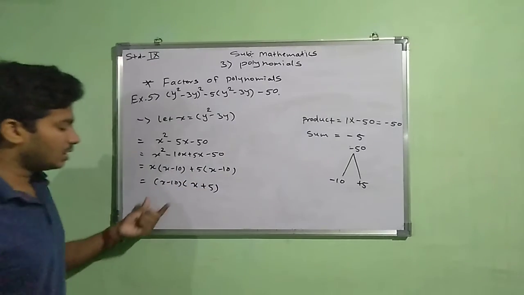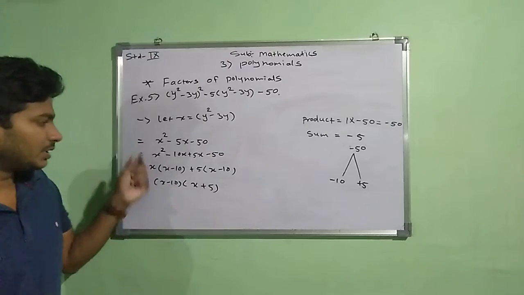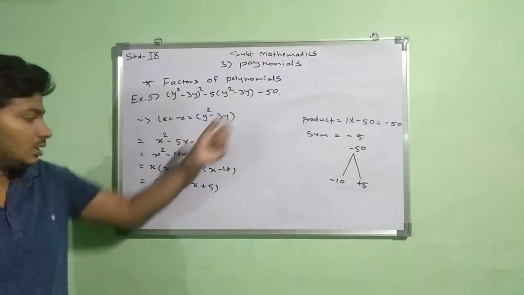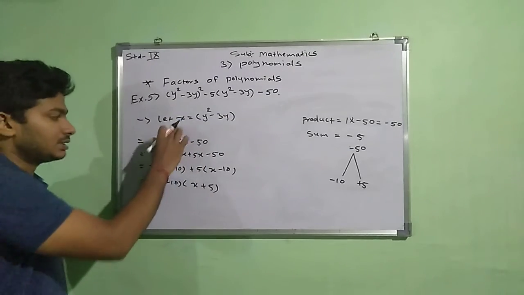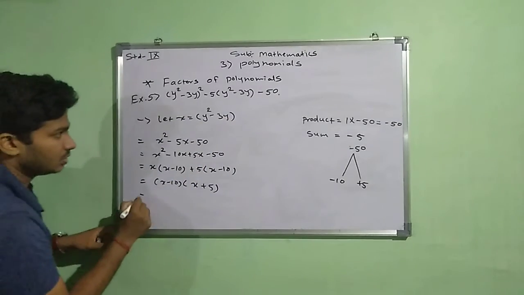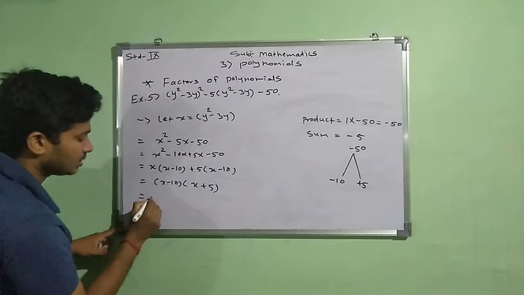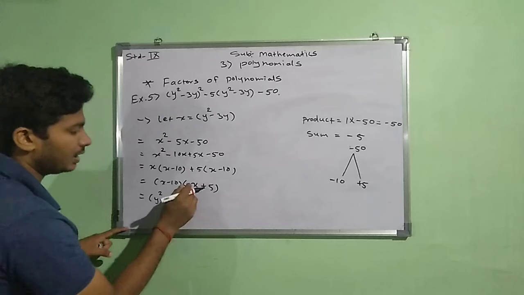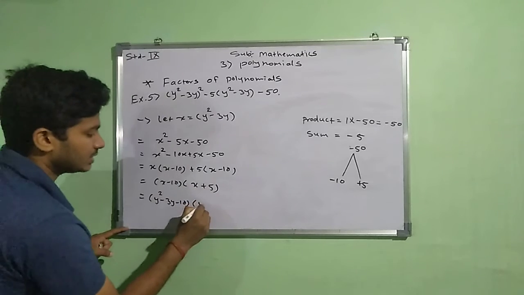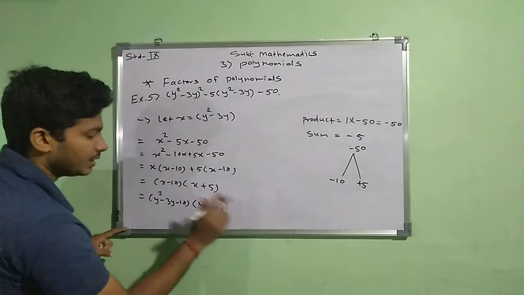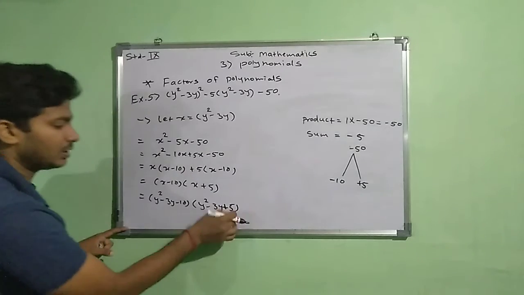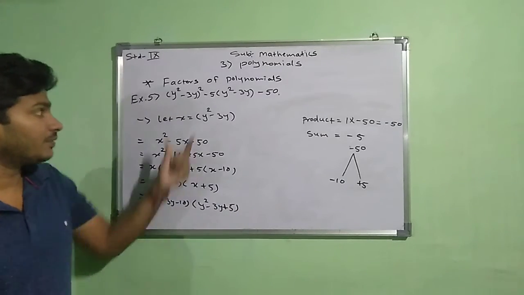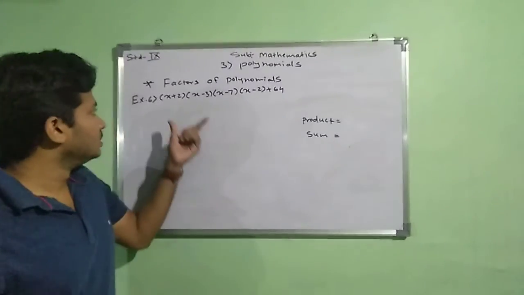Now here we got the factors of that equation, but we want to find the factors of the given question, which is that long question. So now whatever we have considered as x, that value we will substitute here. Our value of x is y² - 3y, minus 10 will remain, and again we substitute the value of x, which is y² - 3y, and plus 5 will remain there. So (y² - 3y - 10) and (y² - 3y + 5) will be the factors of the given question.